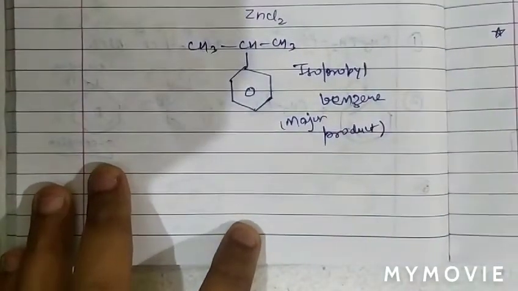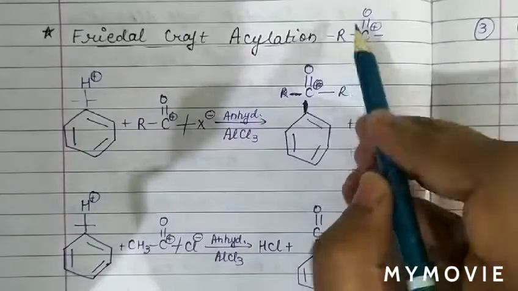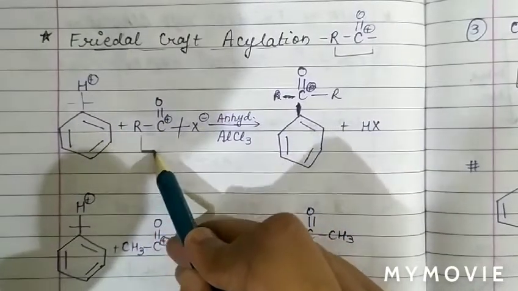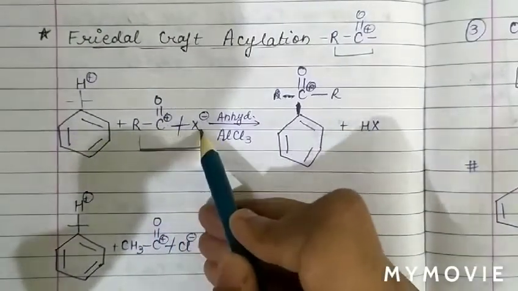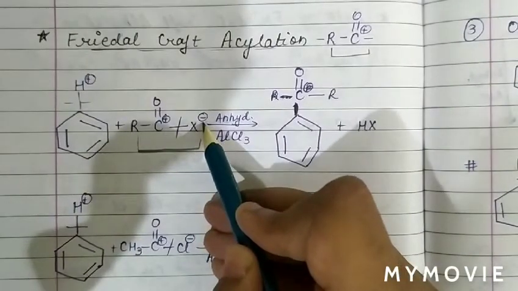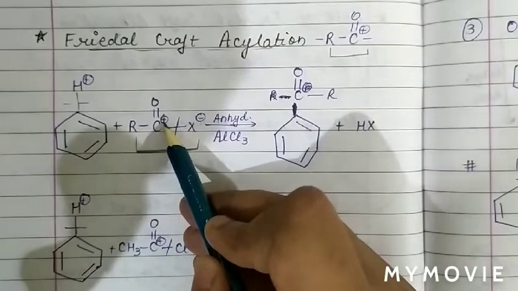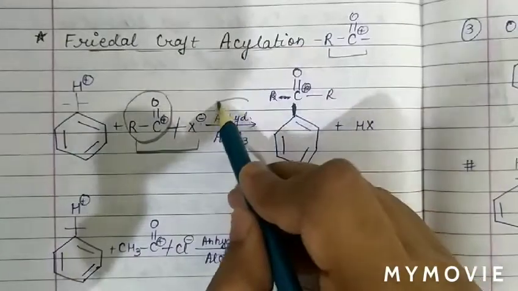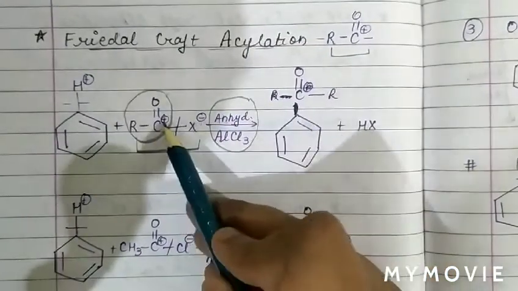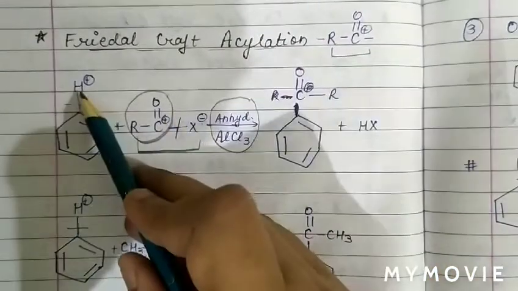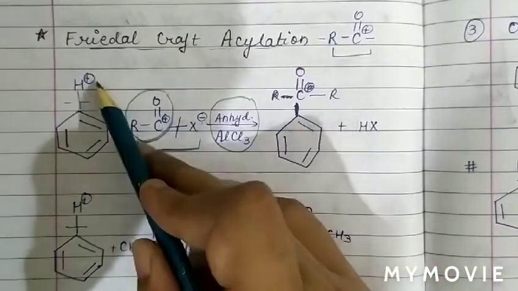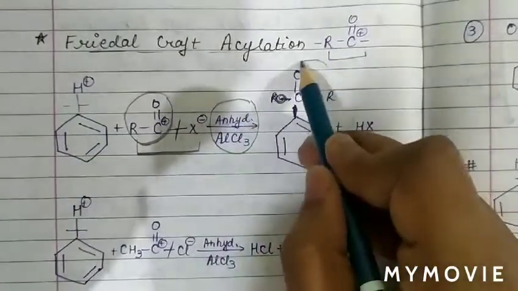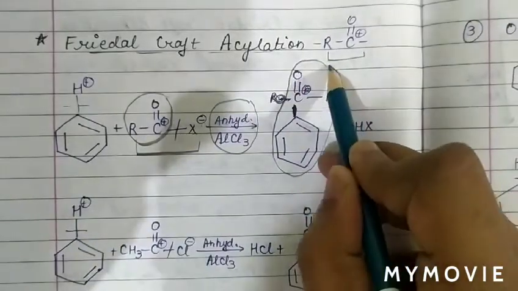Now see the Friedel-Crafts acylation. We know in the Friedel-Crafts acylation reaction the electrophilic part is RCO positive. The reaction is the same, because here RCOX, X is halogen. Between carbon and halogen, halogen is more electronegative, therefore it has negative charge, and on the carbon atom there is positive charge. So this is the electrophile, which is the acyl group. Because we have used a Friedel-Crafts catalyst and an acyl group, the reaction is acylation. In place of hydrogen, this acyl group will attack and substitute, therefore it forms benzene with C double bond O R group. So this is the product we obtained after attack of the acyl group.